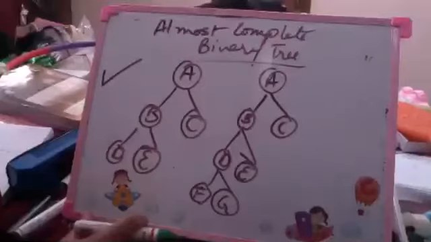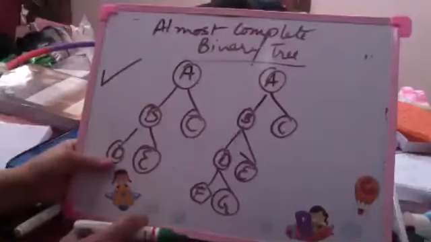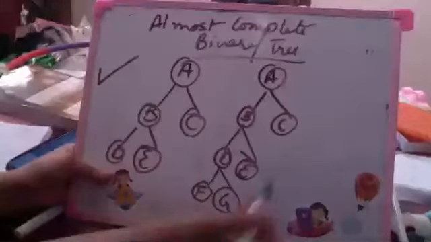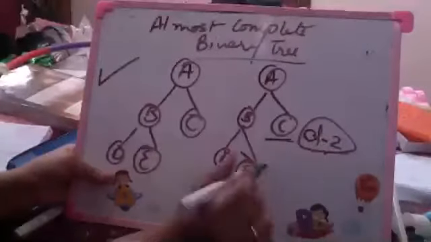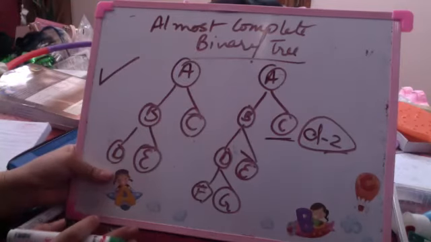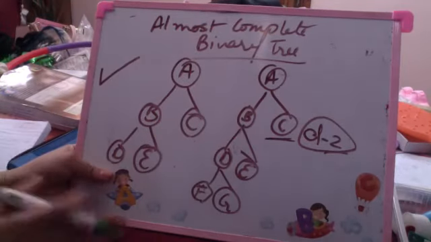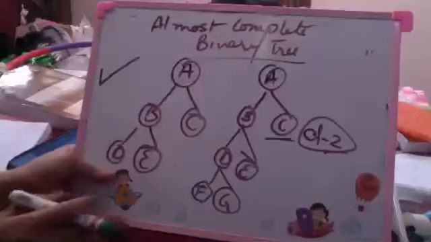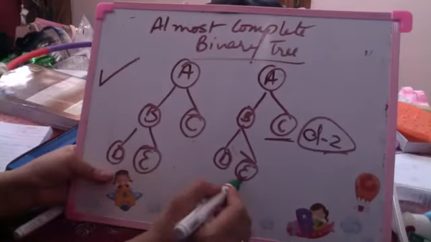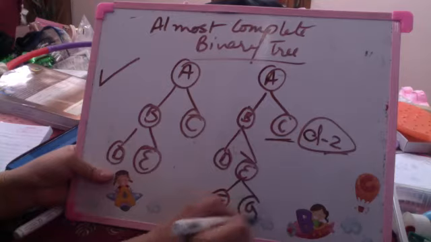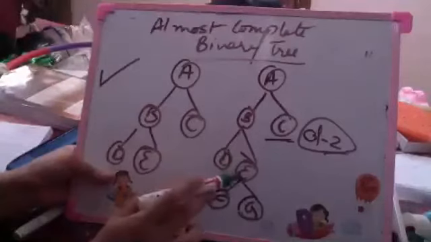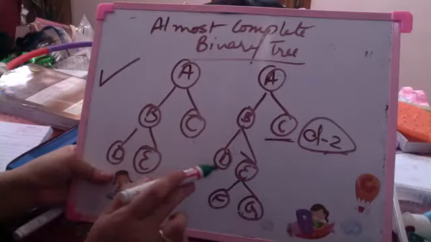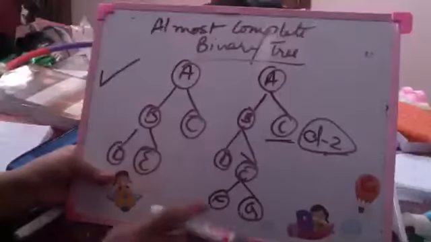Is this clear? Yes, ma'am. Everyone? Ma'am, please repeat. I'm again saying, since C is at level D minus 2, D minus 2 पे जो भी D minus 1 से पहले वाले levels पे every node must have two children. This is the condition. And even if at last level I have F and G here, I have children of a node which is lying at the right, then D के children होने चाहिए. This is not an almost complete binary tree.